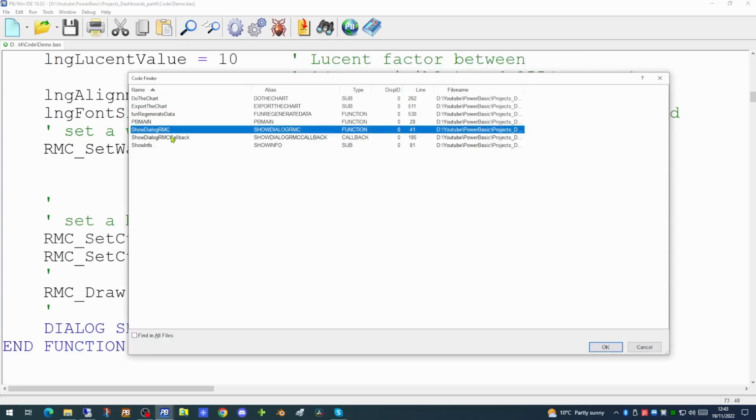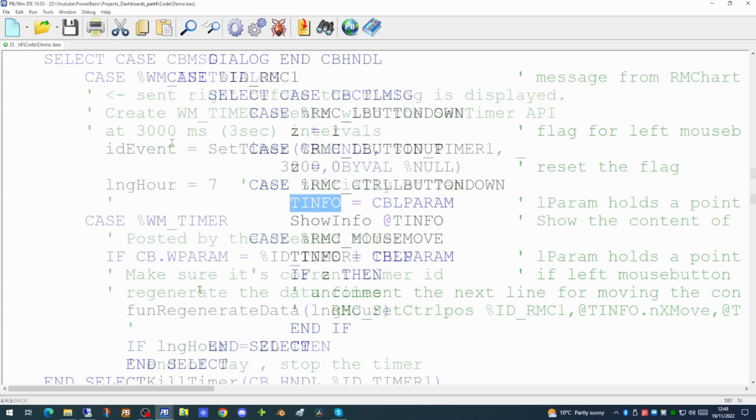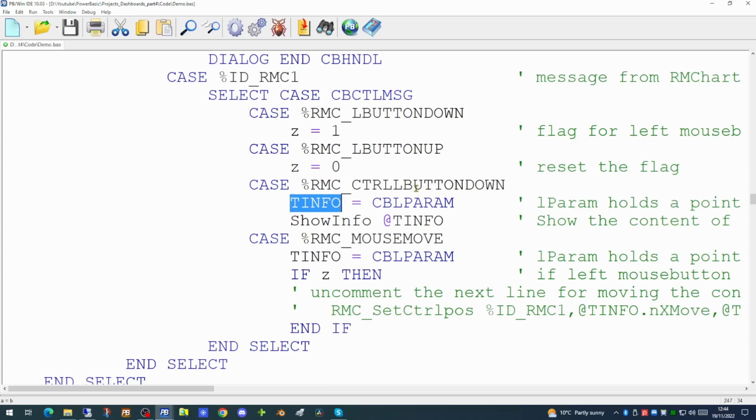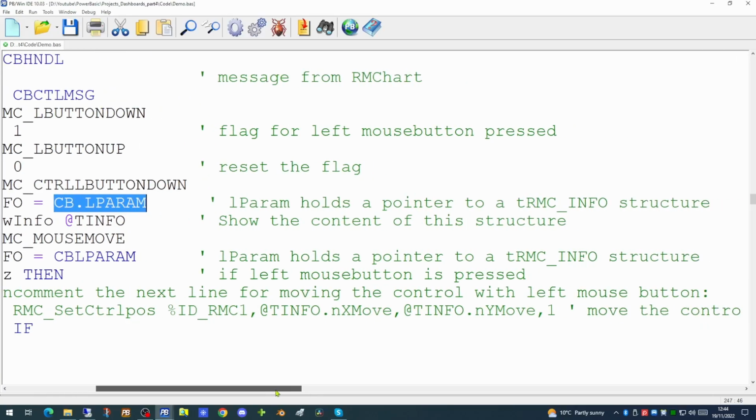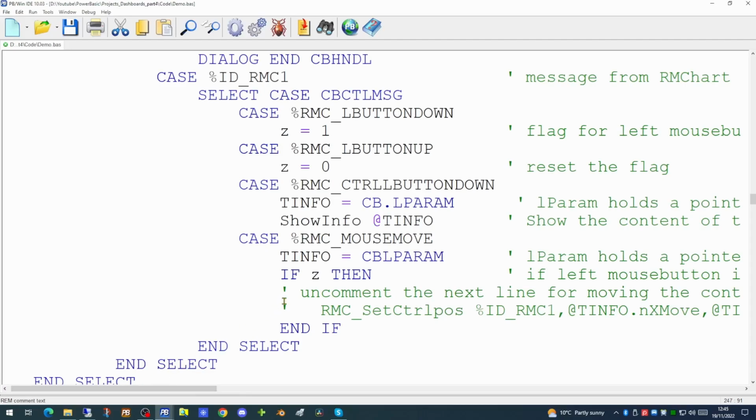If we look at the event handler, the callback function, if we scroll down, we will find the call to the control button down event. And in here, we are populating this variable with the CM lparam. The lparam holds a pointer to this particular structure, and this is what's pulling back all the information we saw in the pop-up.